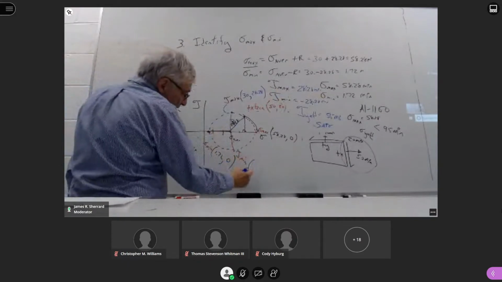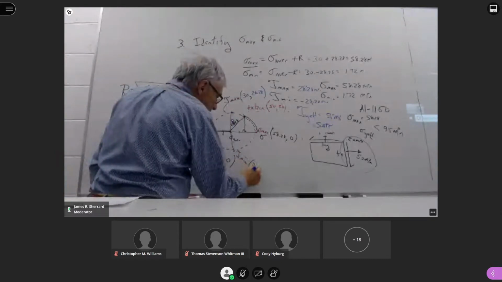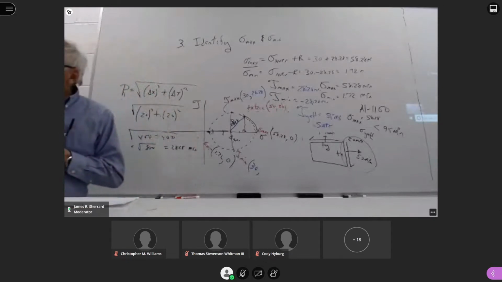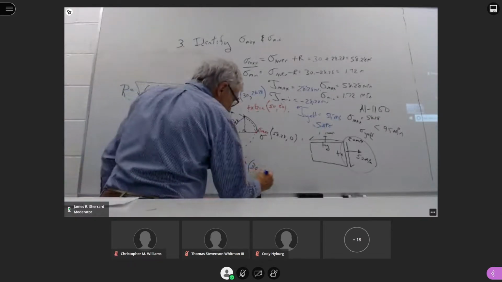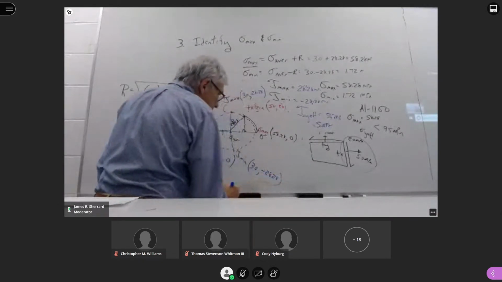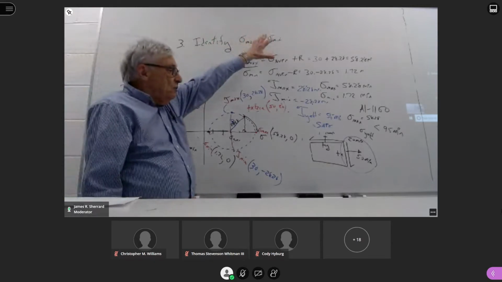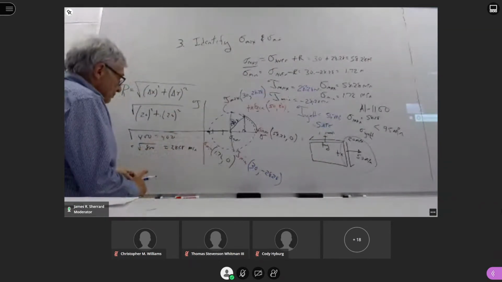If I go down to the minimum value, what is my sigma value there? It would be 30 as well. Absolutely, it's 30 because it's directly at sigma average. What is my tau value for shear stress? Negative 28.28. Exactly, minus 28.28. Okay. If you take the stresses I gave you, put it on a cube, and then translate it to a Mohr circle,